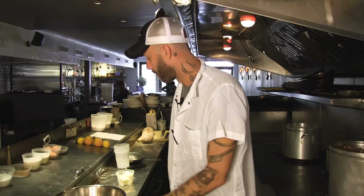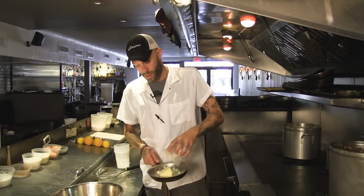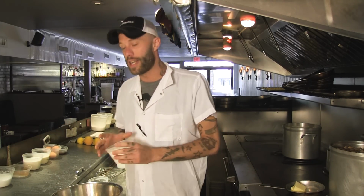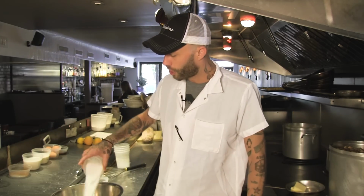Today we're going to make our ricotta stuffed French toast, and we're going to start from scratch. First off, we're going to melt some butter. It's about 6.5 ounces of butter. And while the butter's melting, we're going to get our dry ingredients. We got about 1.5 cups of flour, 1.5 cups of sugar,